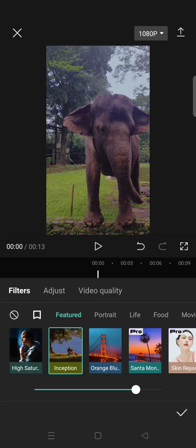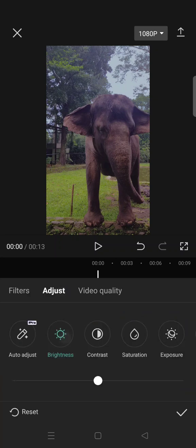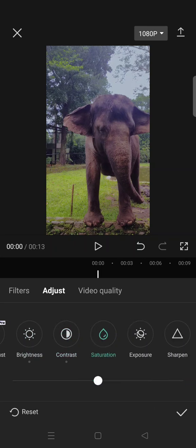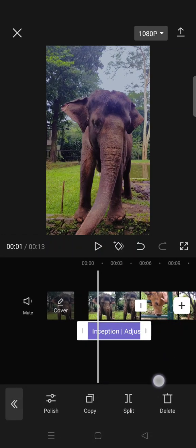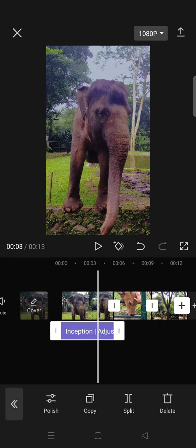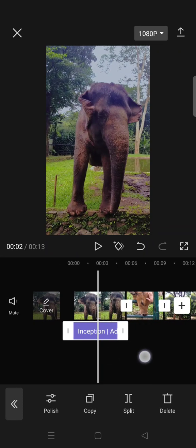Let's say I want to add this filter right here and also this color adjustment. Okay, this is just an example. After that, I'm going to click on a check icon. So you can see now that the filter and also the color adjustment only apply to one of the clips,